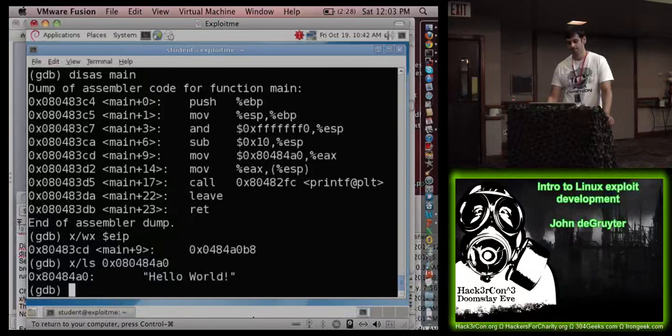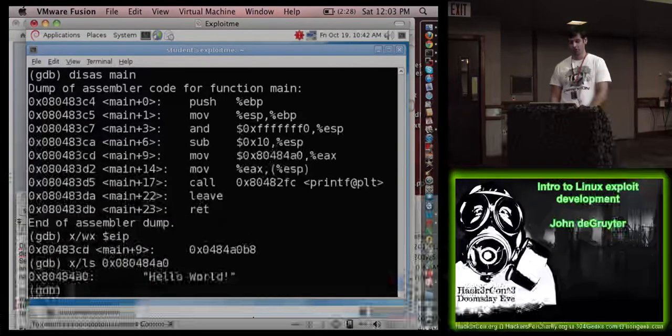What is the significance of the value after the plus sign? Okay, that value is, we can look at it a different way. So it's shown it to me in hex. So let's say we want to look at it as an instruction. So we do,